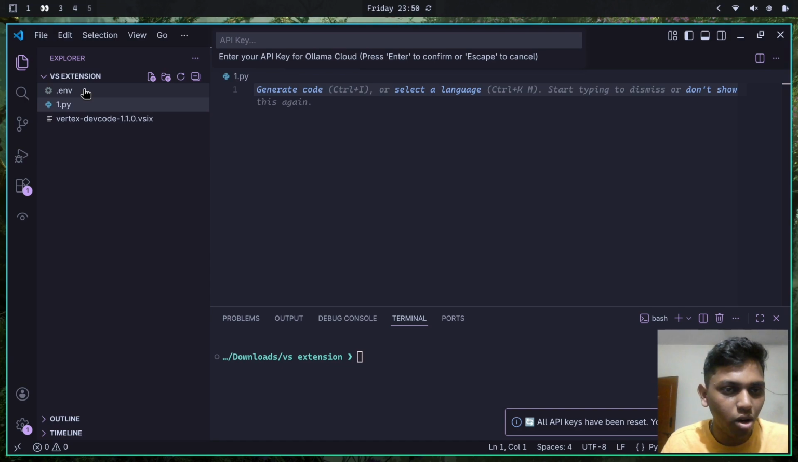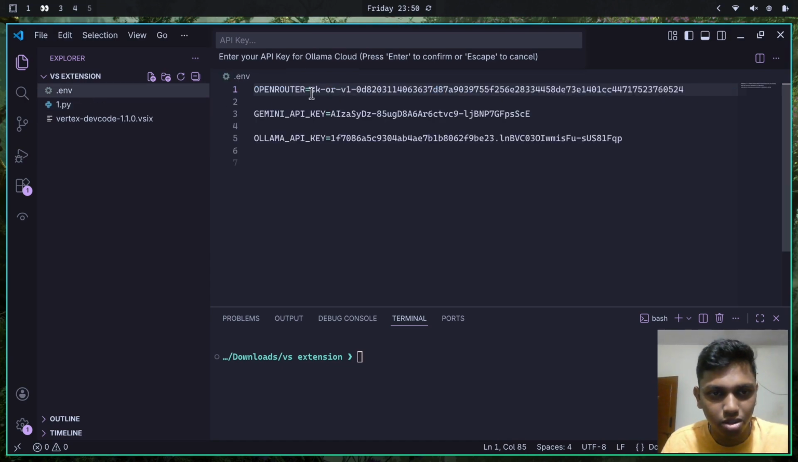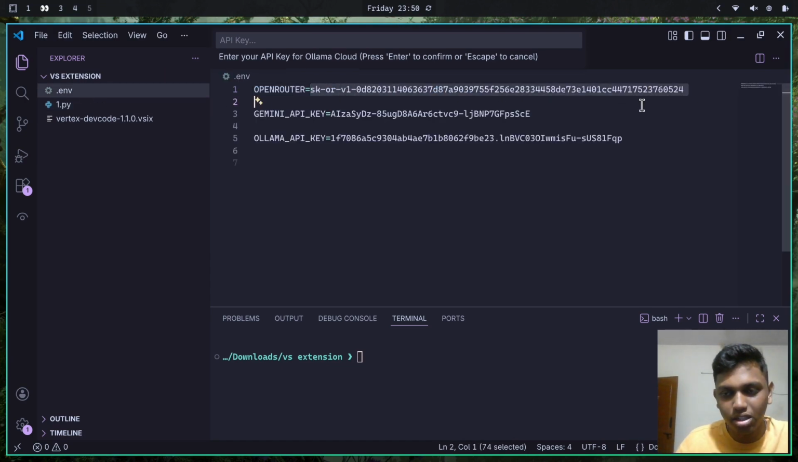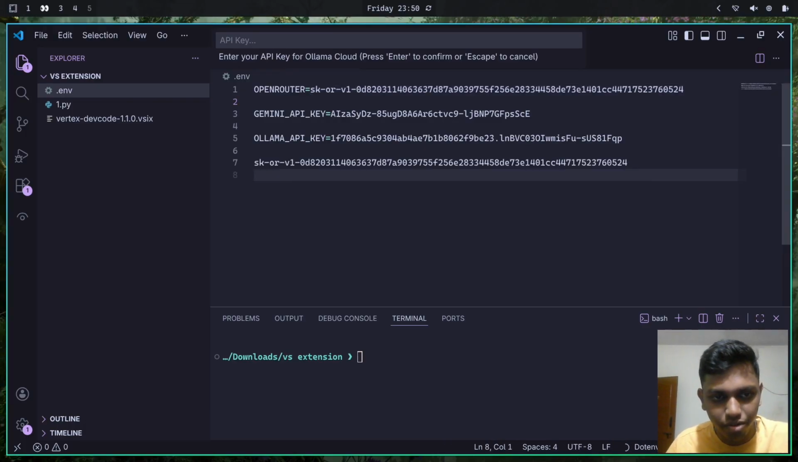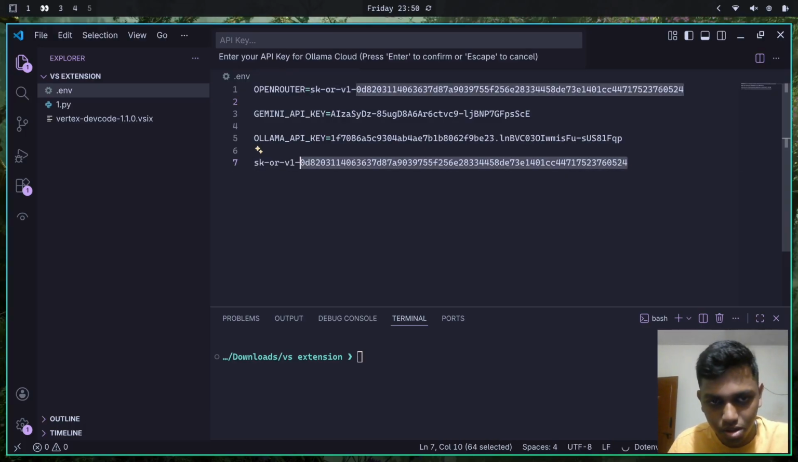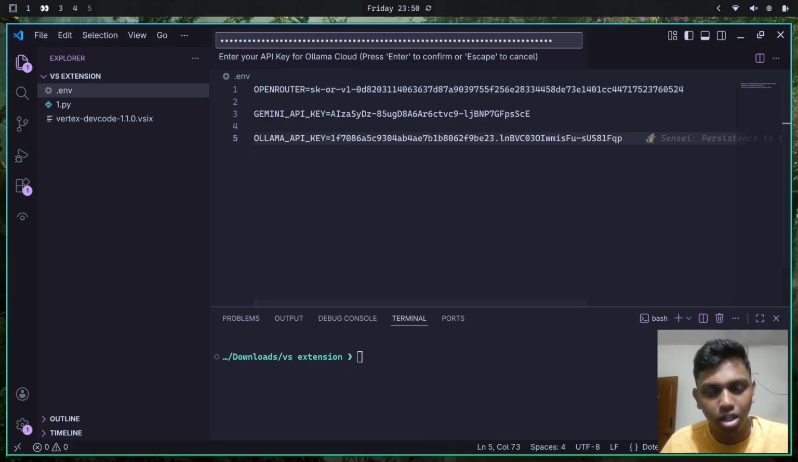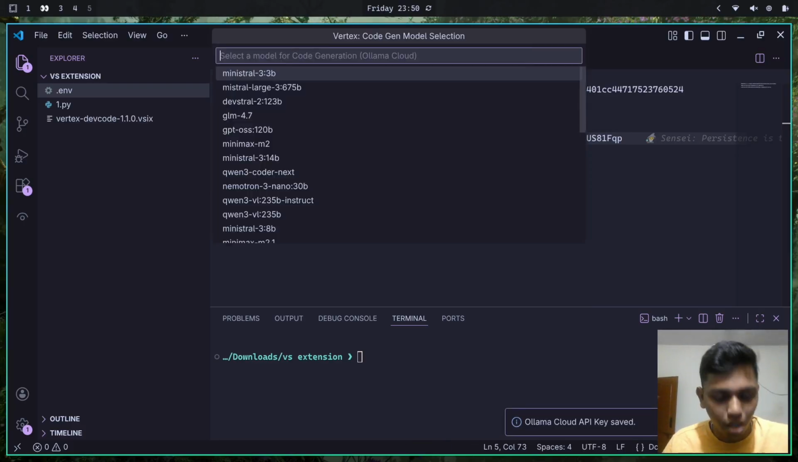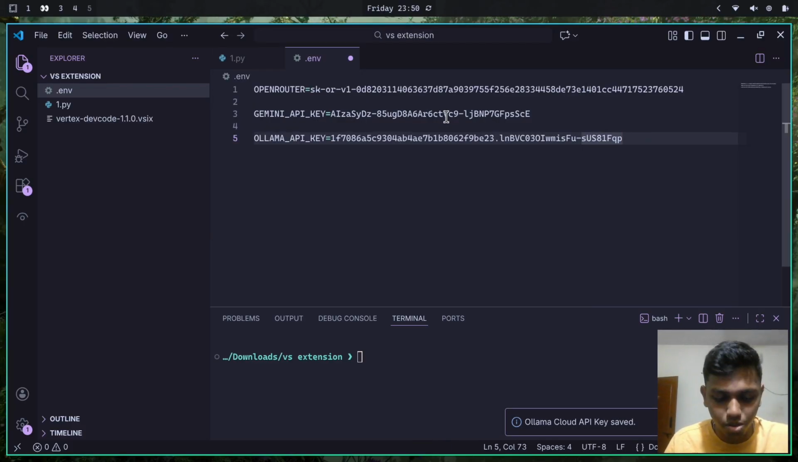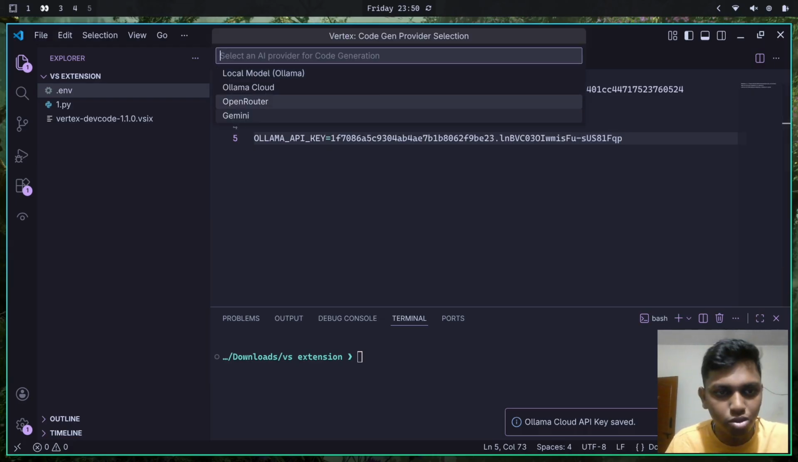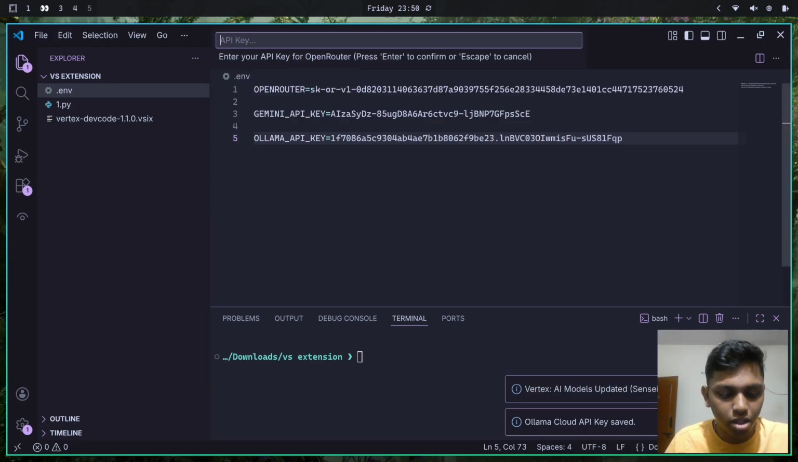To get an API key, I have already put it in here, so I'm just going to copy this entire thing. Copy. Let me just paste it for reference. Okay, fine. So now I'm going to paste and done. Enter. Now what I'm going to do, since it's, what is it, OpenRouter. Oh, it's OpenRouter. So I'm going to press Control J and choose OpenRouter, and then